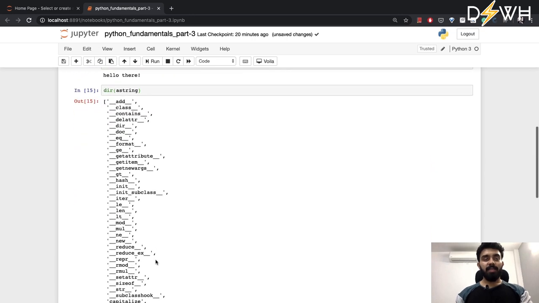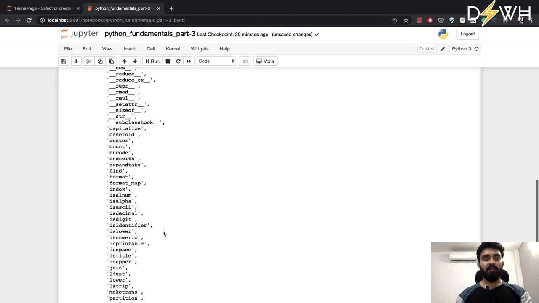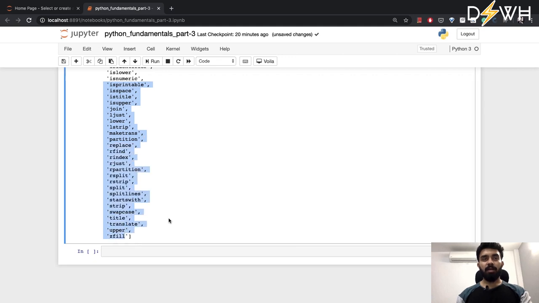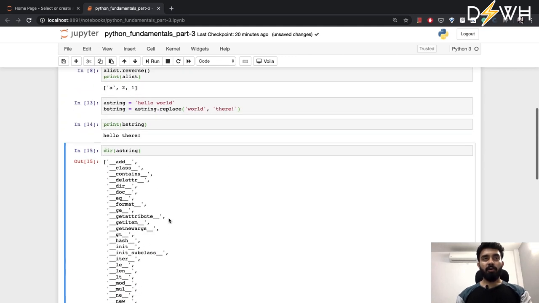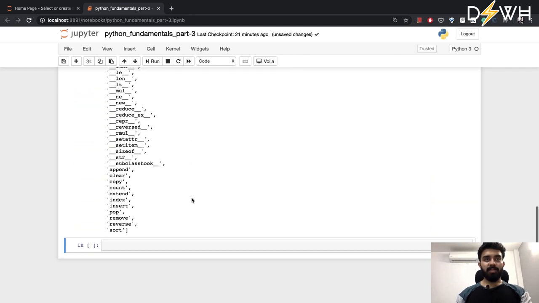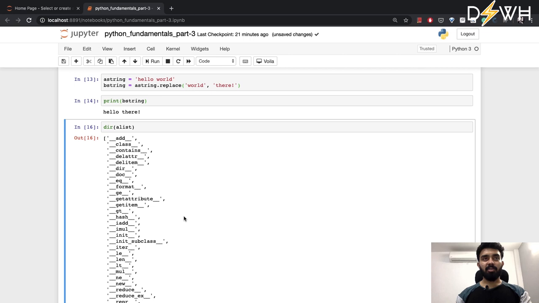You can see that it gives you the list of attributes and hidden functions available for a string object. Similarly, you can run it for, let's say, a list. You can see all the list methods in this format for my list class object.